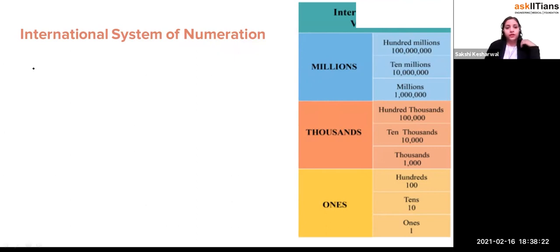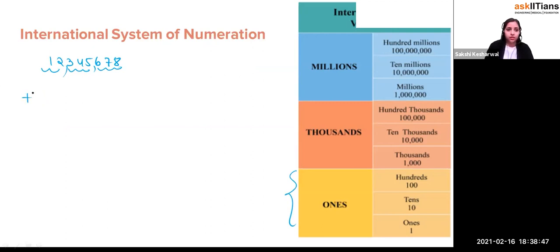So let us suppose I write a number, 1, 2, 3, 4, 5, 6, 7, 8. This is the number. Periods is basically where you put the comma from the rightmost side after every 3 digits, right? So this is 3 digits and then this is 3 digits, right? So this one is the ones period, this is the 1,000 period, and this is the millions period, right? So how are we going to write this? We write this as 12 million,